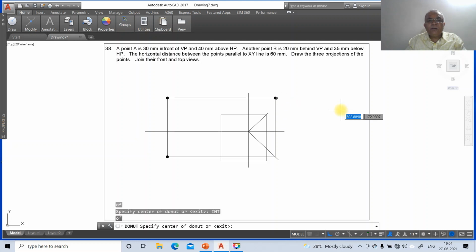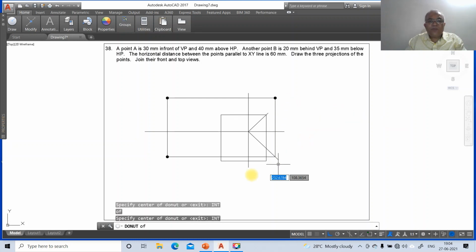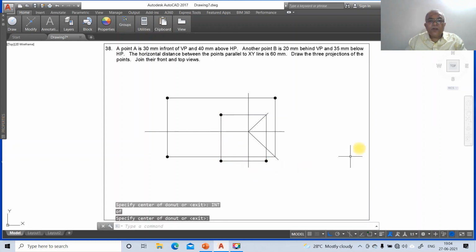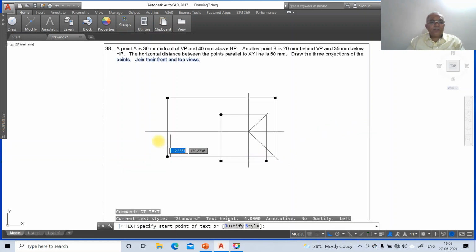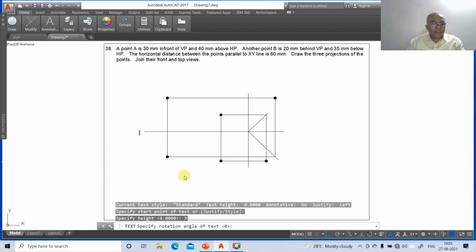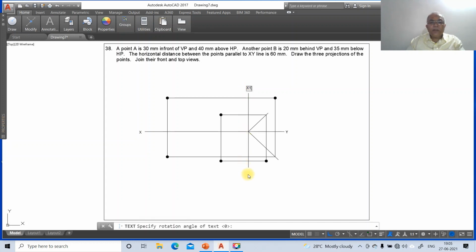So this is the point A, and now we will go for the point B, INT of this, INT of this, and INT of this. Now we are going to write the text. So go to the text, so you specify height as 3 and go to text, type X, caps lock on, XY, and you mark this as X1, and you mark this as y1.